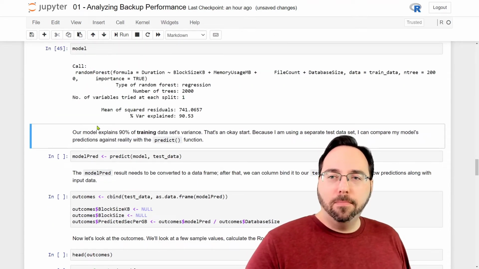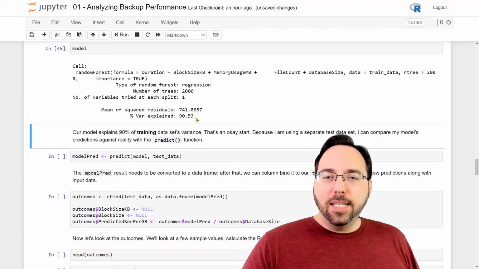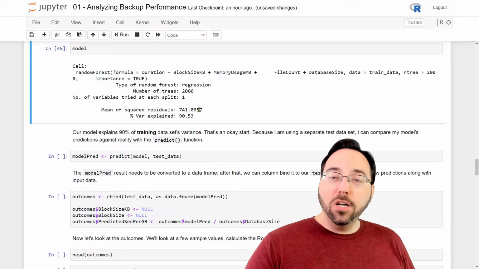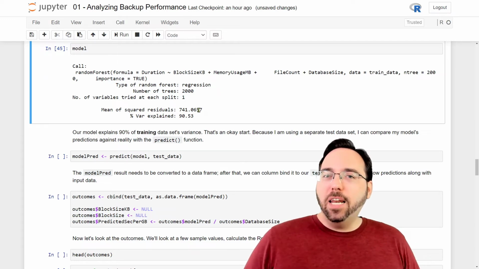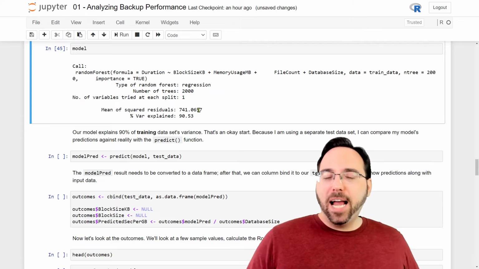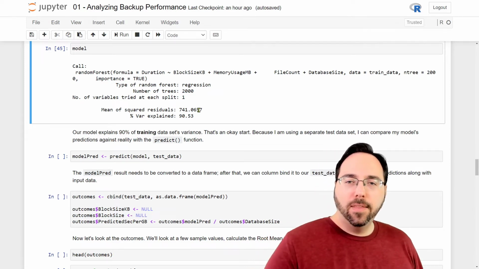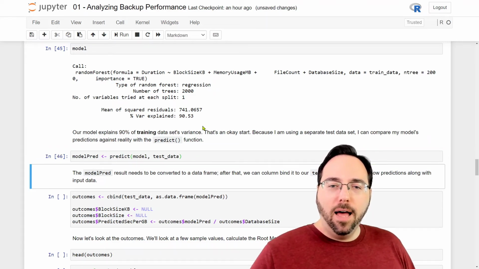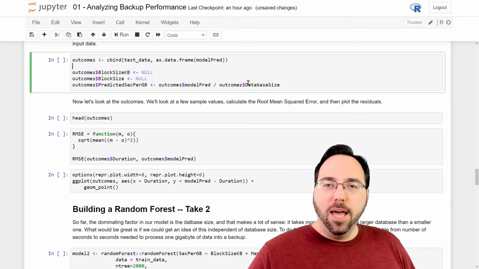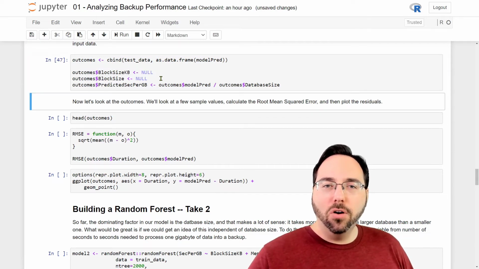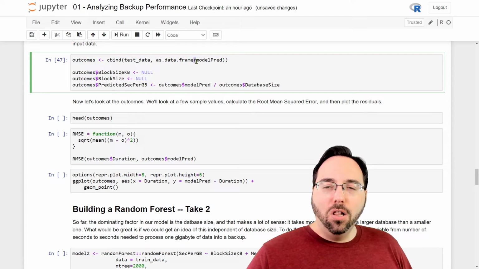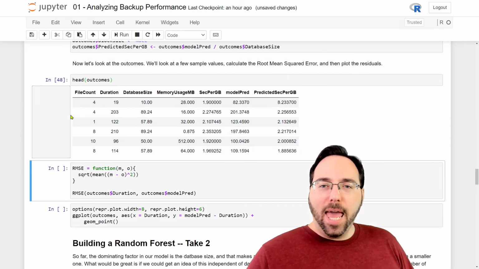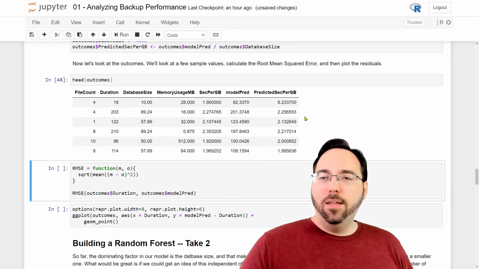Nonetheless, let's check out our model. What this tells us is that it explains 90% of the training dataset's variance. So it's an okay start. It explains 90% of the difference in backup runtimes and durations. And if I run the predict function against our test data, I'll get back our predictions. And what I can do is show you the test data along with our prediction for test data. And we can do sort of a